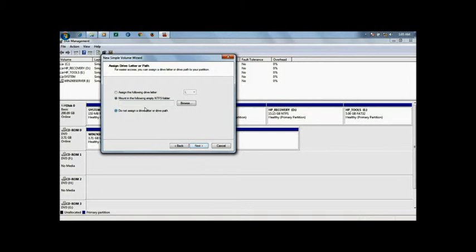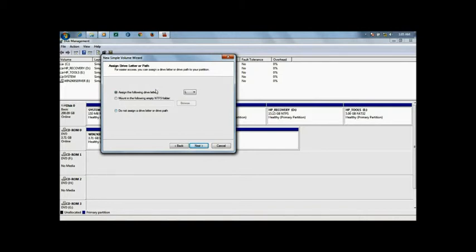This option lets me create the partition without assigning a drive letter or path. Later, if I want the partition to be available for storage, I can assign a drive letter or path at that time. But since I want the drive letter to be assigned immediately,